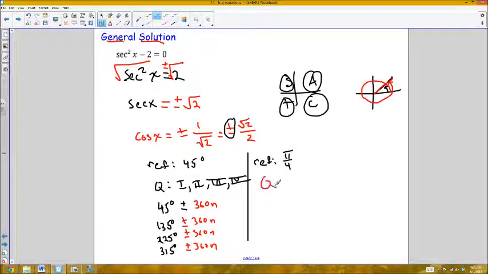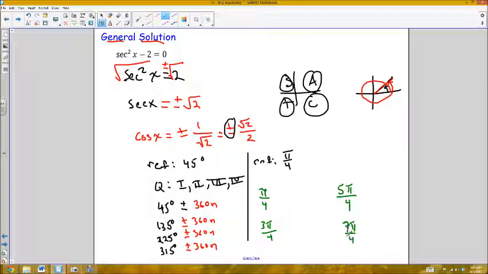For the radians, it's the same thing. I have my 4 quadrants, so I'm actually just going to write them down. I know what my 4 quadrants are. Okay, so pi over 4 in quadrant 1 would be pi over 4. In quadrant 2 would be 3 pi over 4. It's pi minus a quarter would give me 3/4 of pi. Pi plus a quarter would give me 5/4 of pi in quadrant 3. And in quadrant 4, 2 minus a quarter would give me 1 3/4, which is basically 7 pi